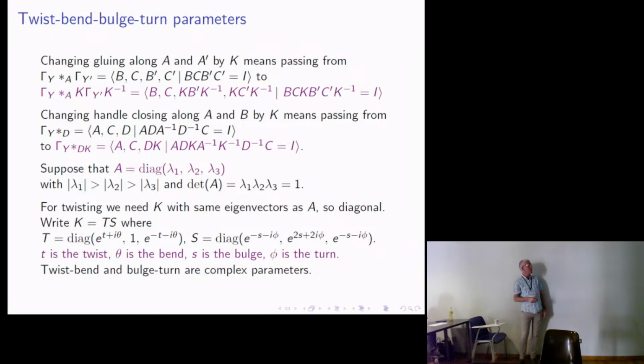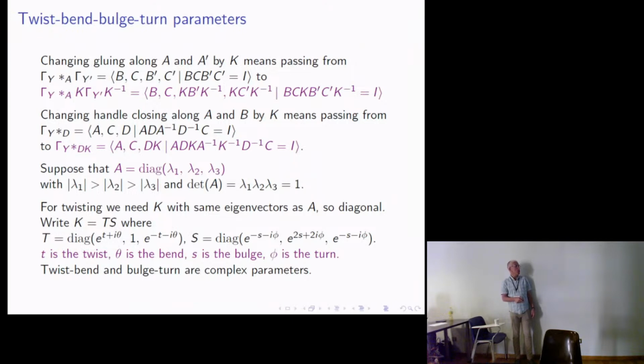So now, how to see what the parameters associated with this are, what the analogue of the twist is. We have, so assume that we've got A strongly loxodromic, all of its eigenvalues have distinct modulus, their product is equal to 1. And I'm just going to assume that they're in size order. So I want something in the centralizer of A, so that's also going to be diagonal, because it just has to be.